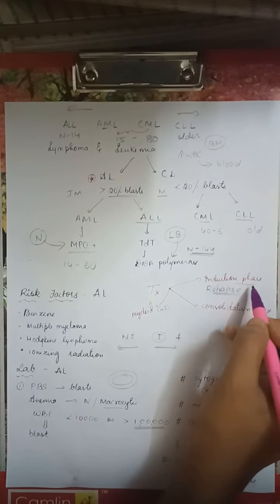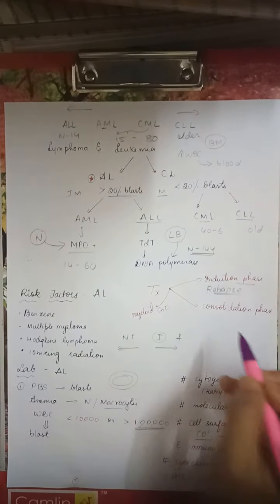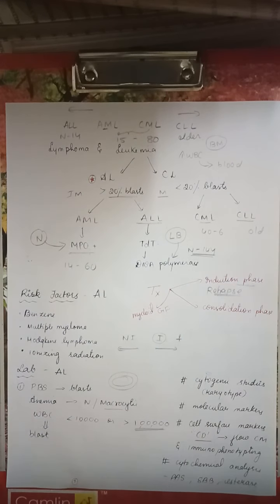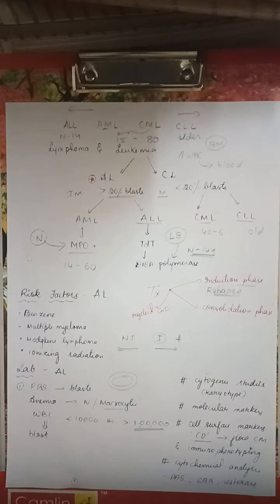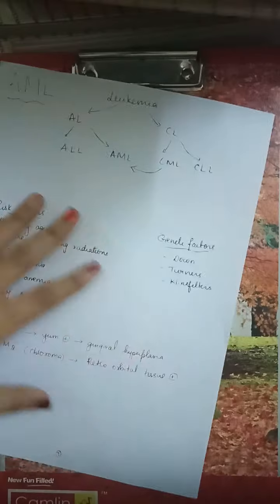This is mainly done by using chemotherapy. And in consolidation, there is always a chance that the patient gets cured, but after years he may again develop leukemia. So to prevent that, we have something called the consolidation phase. So this is just the basic idea about acute leukemia. Now we'll be discussing in detail everything about AML.